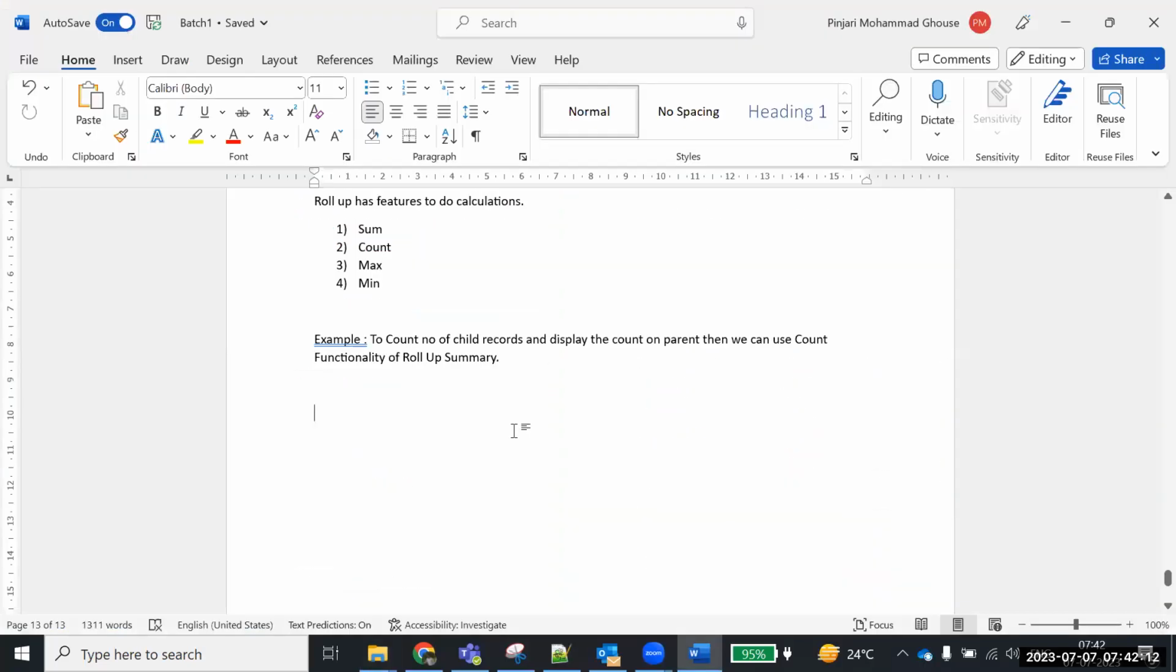Okay. So today we will be discussing record types. So what are record types? The definition is, record types are used to differentiate